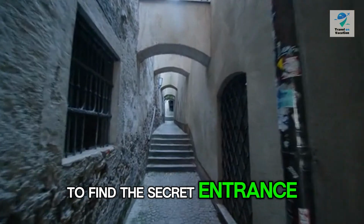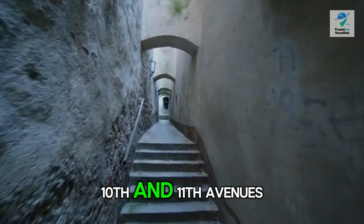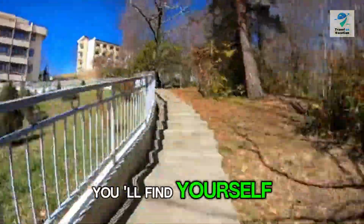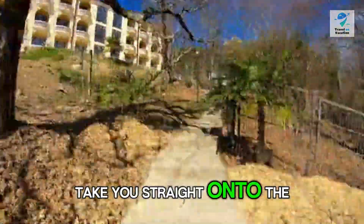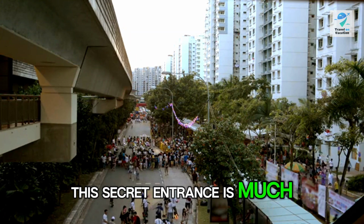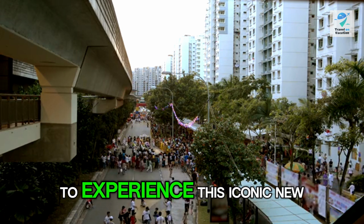To find the secret entrance, look for a small sign above an alleyway between 10th and 11th Avenues. Head down the stairs, and you'll find yourself on a platform that will take you straight onto the High Line. This secret entrance is much less crowded than the main entrance, and it's a great way to experience this iconic